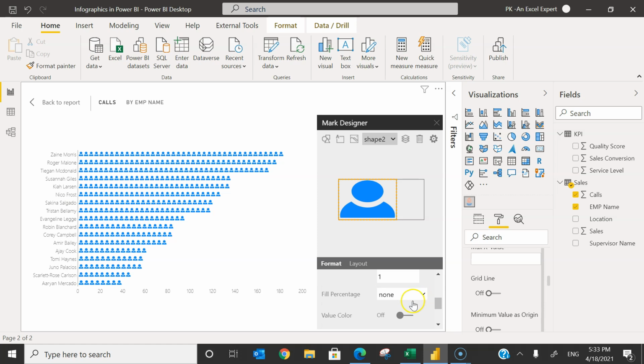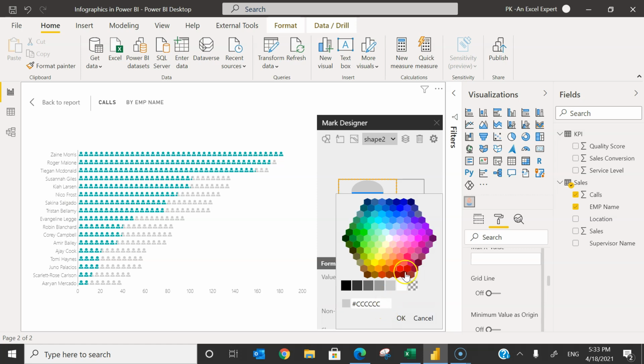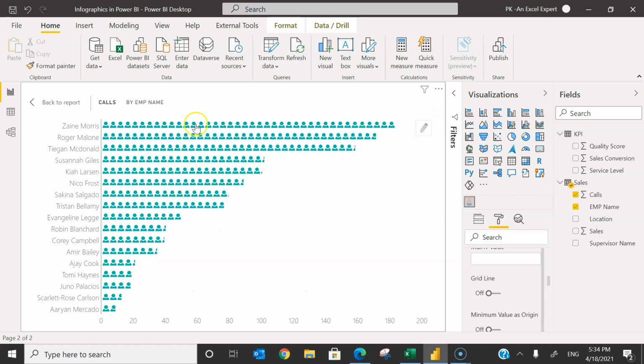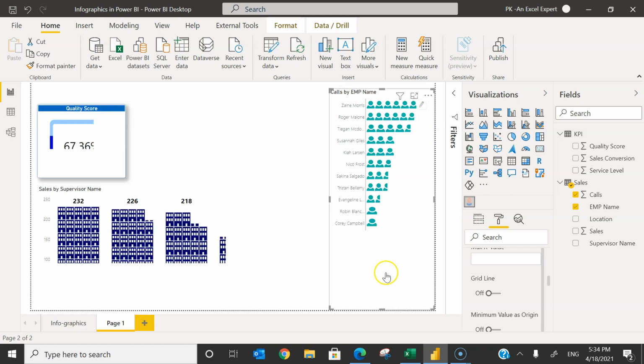You can take the fill percentage as calls, so a few will not be visible. Let's change the value color, and then here for the non-value color you can take transparent. You can change the value color also if you want to change, and just close this. So it will look like this.